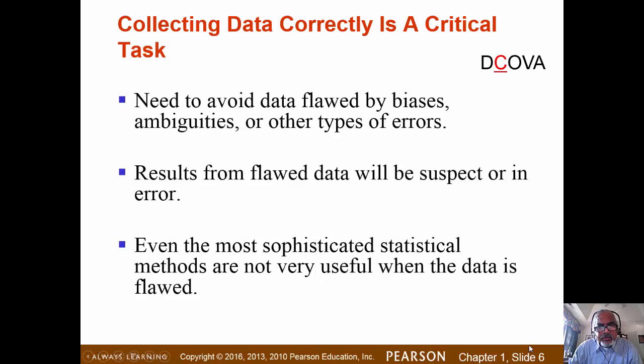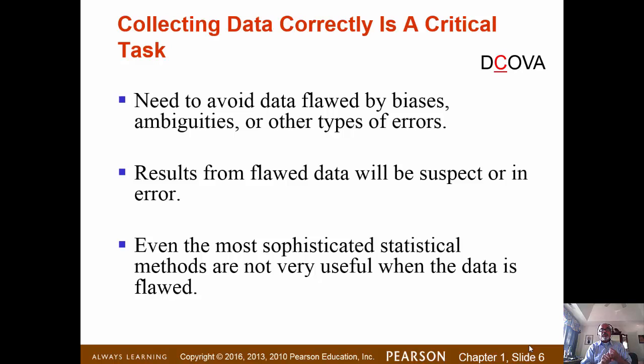Now let's look at collecting data. Okay, now we know what the different types of data are. For collecting data, we have to define what data we want to collect. But before that, one of the few things that we need to keep in mind when collecting data is we